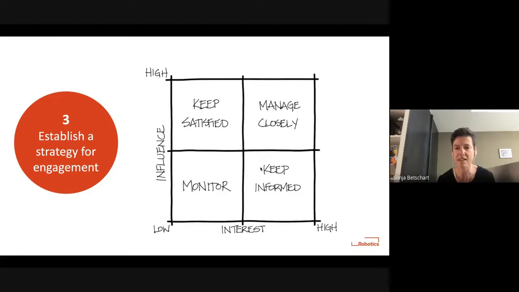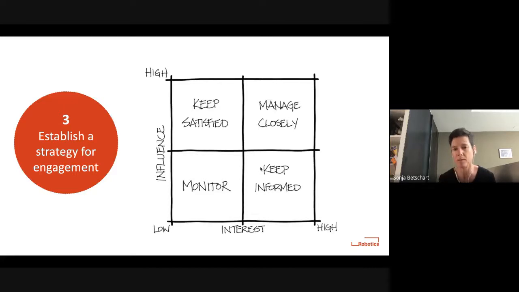Now, the ones that you possibly will least engage with are the ones in the lower left corner, the ones who have low influence and low interest. So what's good to do with those stakeholders is just to have them here on your map. You possibly can monitor them once throughout the project, at halftime, saying, we put this stakeholder here in this lower left corner, but I actually think it's more like the lower right corner, because as we advance throughout the project, we see that this person actually has shown interest.